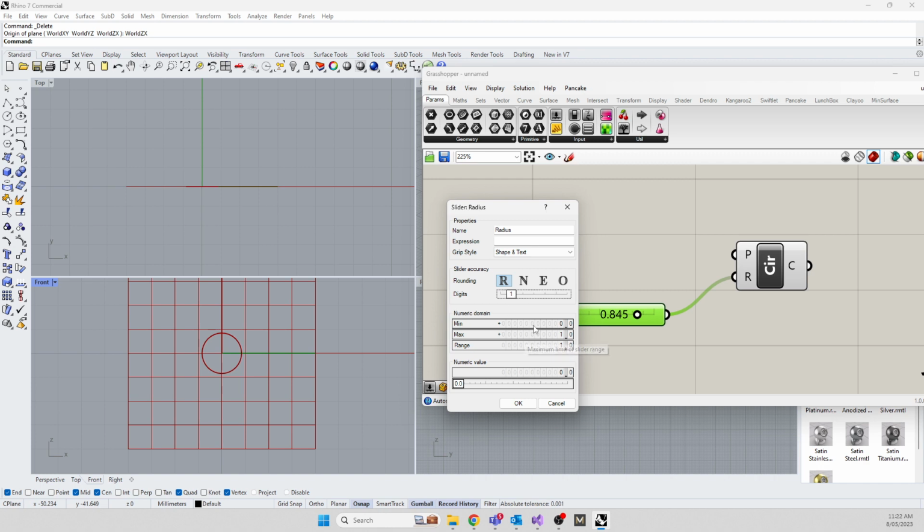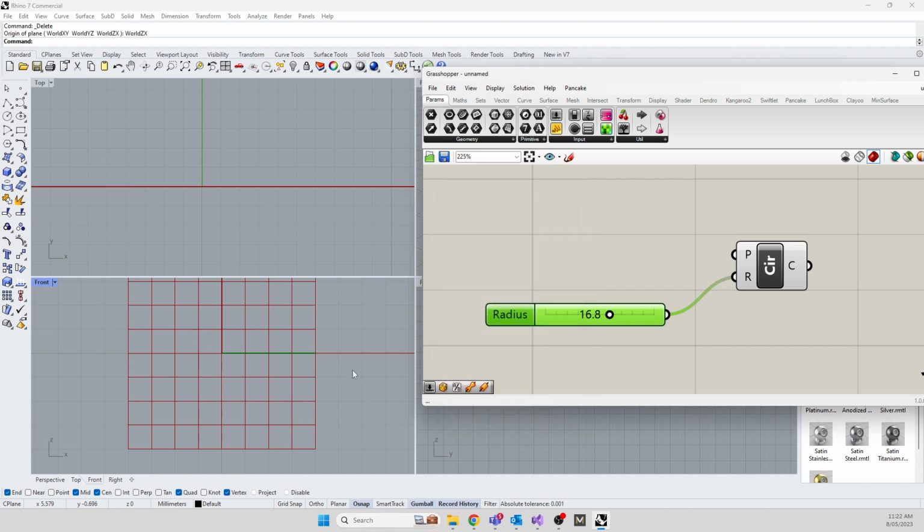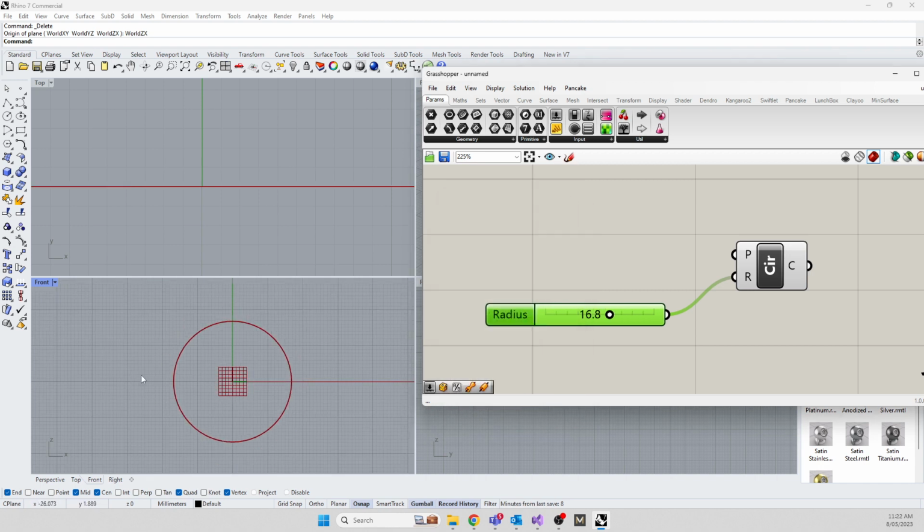And what's the maximum size of this? The minimum size of a finger would be probably a radius of 5, and the maximum would be, I don't know, 25 if you had a really big finger. And you can set a numeric value now at about 16.8, which is roughly size N and a bit, I think. Alright, so now we have this huge thing up here. So our first problem is, of course,